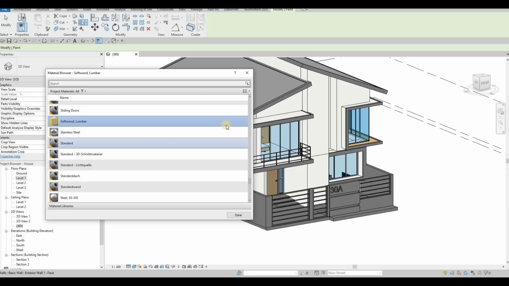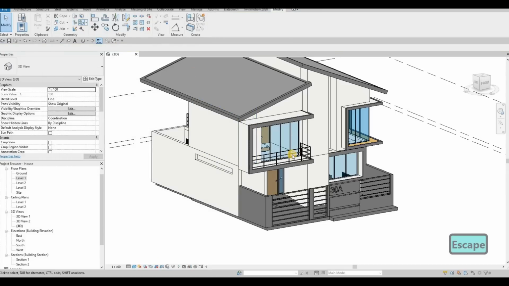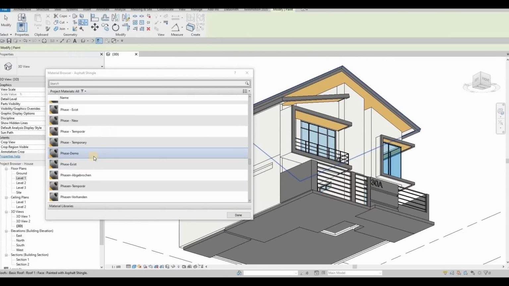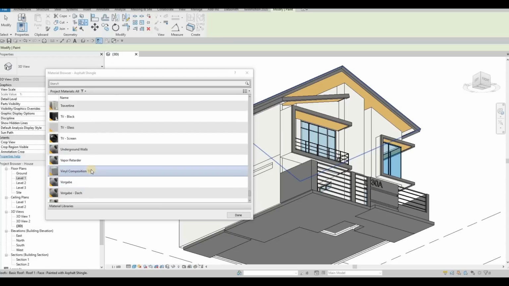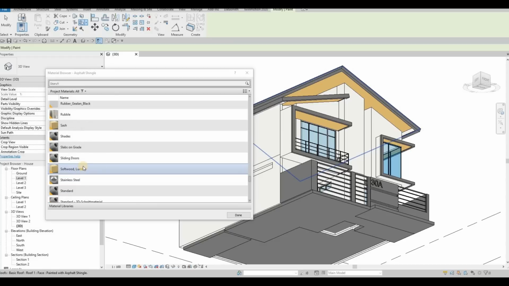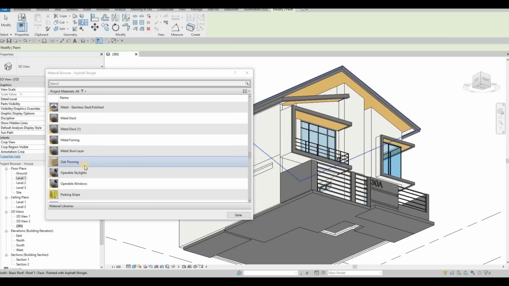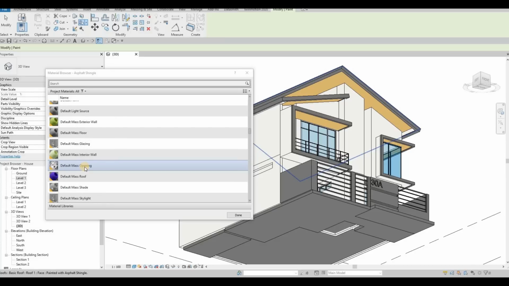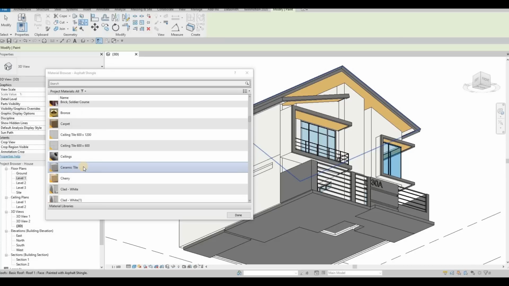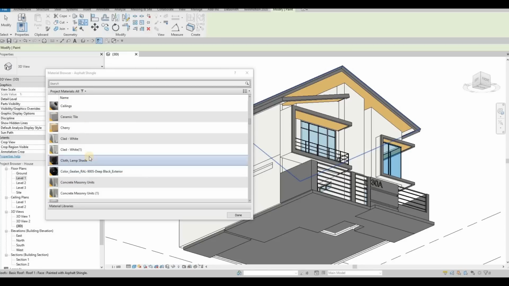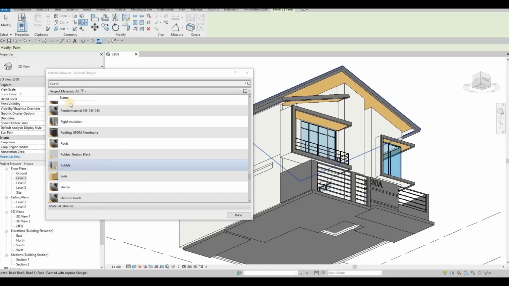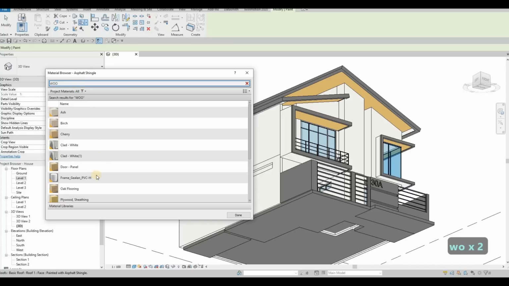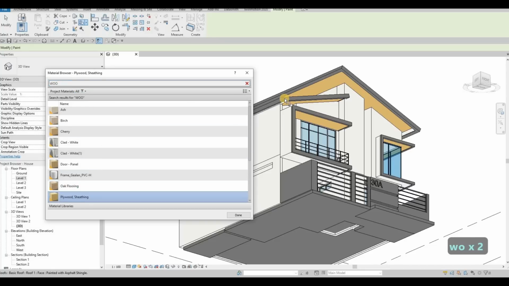Also for the lumber, if you remember, we use a wood material for this. I believe it was, let's check wood, plywood. So plywood,